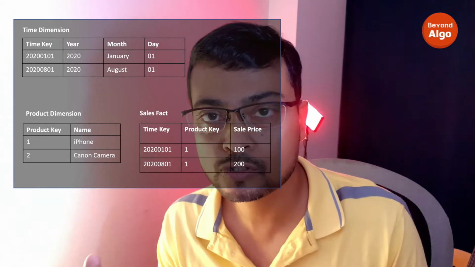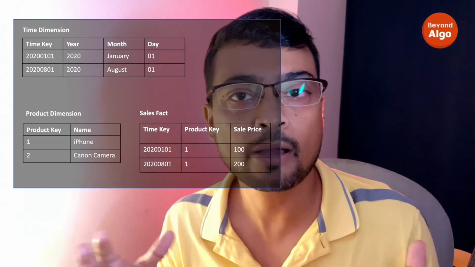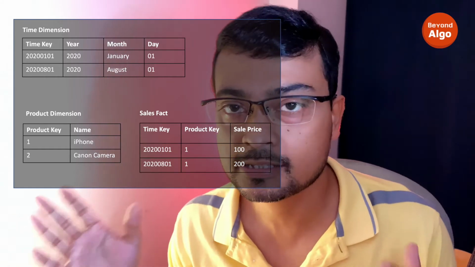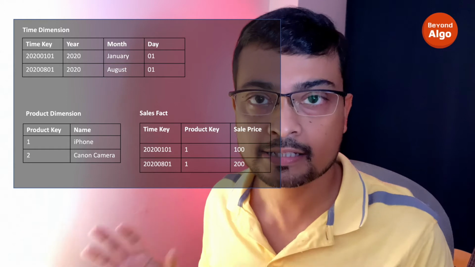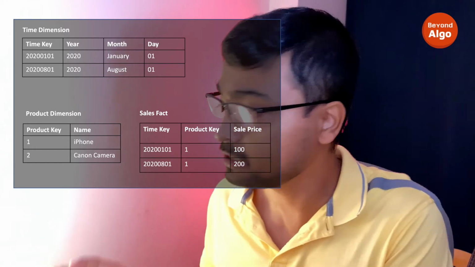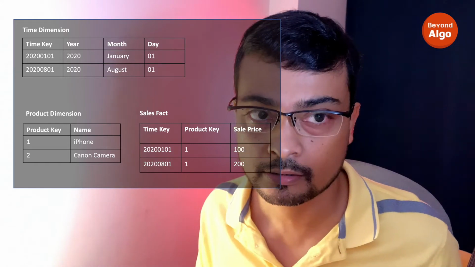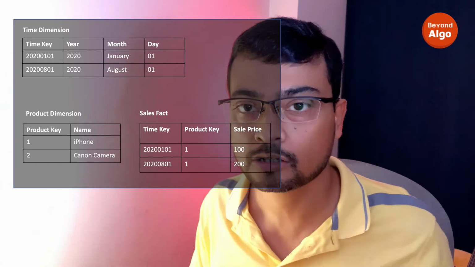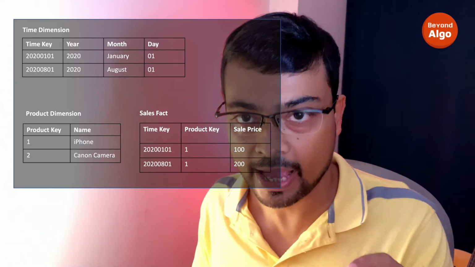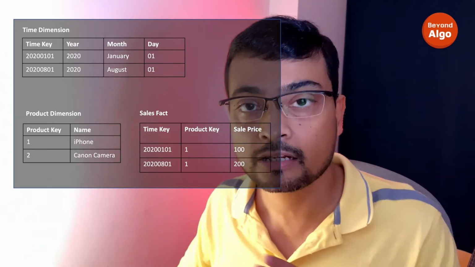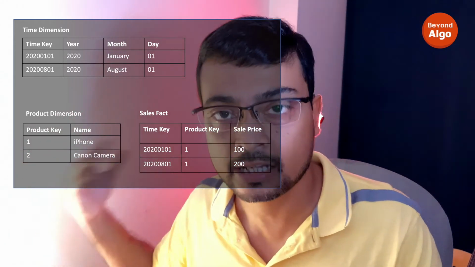We will capture all those attributes of this product in this product dimension table. Now coming to this most interesting table on the right hand side, which I am calling the sales fact table. A fact is anything that has actually happened in the real world, which is measurable or quantifiable. So if I sell a particular product on 1st January, that sale itself is a fact. If I sell the same product again on 1st August, that sale event is another fact in our fact table.